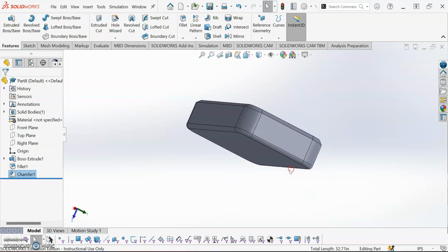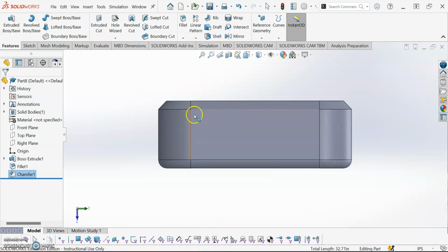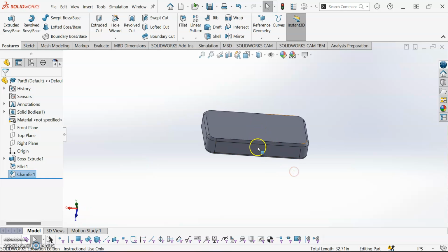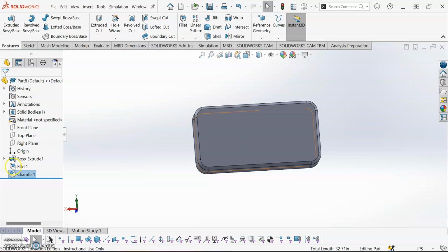you can see, if I get a nice profile of this, you can see the difference here. This contrasts them really nice. So this is a 1/4-inch fillet, so this has a curved corner where the radius is 1/4 of an inch, and this is more of a beveled edge, so this is at a 45-degree angle, and it is 1/4 inch from the top down. That is the main difference between fillet and chamfer, and this is how it manifests itself on a finished part. But don't forget that it's also really useful in the sketch feature,